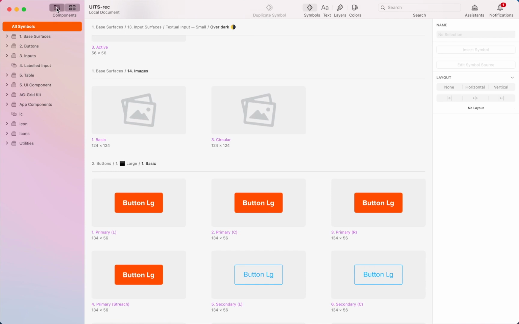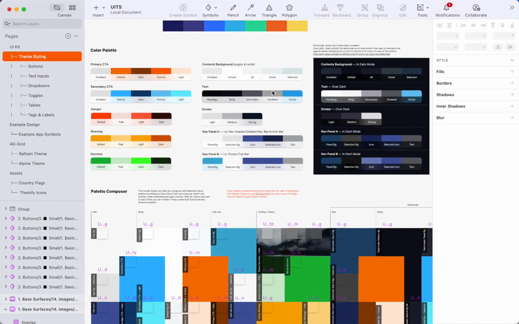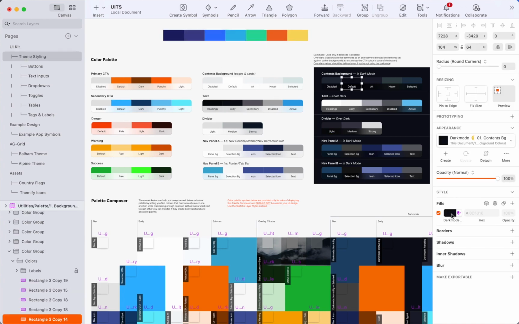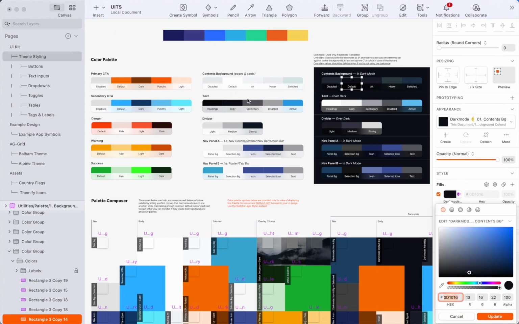using the Sketch override. So it is a matter of utmost importance not to break this link when editing the branding. I'm going to change just the main ones for now, keeping in mind that we cannot break the link between the variable and the layer style. When updating the colors, we need to remember to always edit the variable. So I'm gonna start with the dark mode colors, change the main background color here,